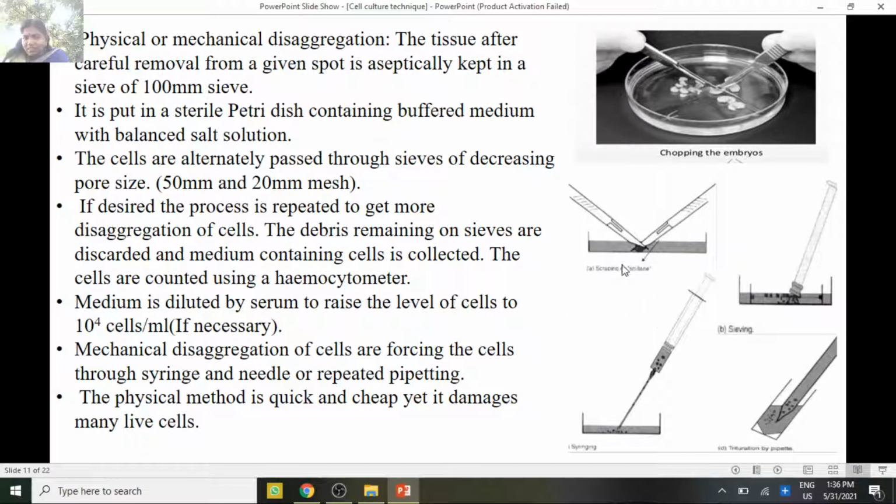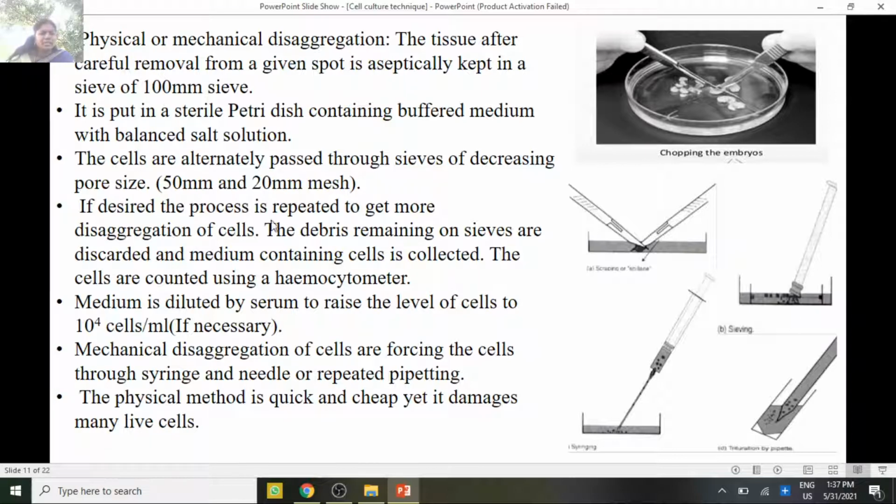See, this is the sieving. The sieving means with the pores, that is what we use in the filtration of coffee filter. Also, we use some sieves. Similar to that, for the sieving of the cells also, there are instruments where different cut-off sizes, the decreasing pore sizes, are available. So cells are passed through forcefully.